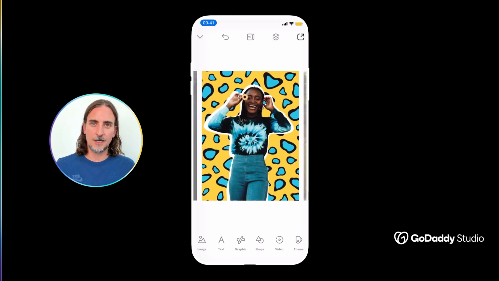Another really fun design idea to try out is an expression of the collage aesthetic, which is hugely popular at the moment. And in this rather pop version, what we're doing is cutting out the foreground figure, but giving them a white outline that just separates the foreground from the background. It's really popular in things like YouTube thumbnails, Instagram stories, and again, it's something very easy to try out for